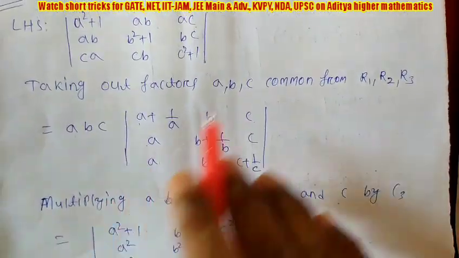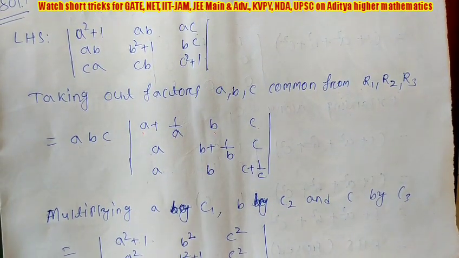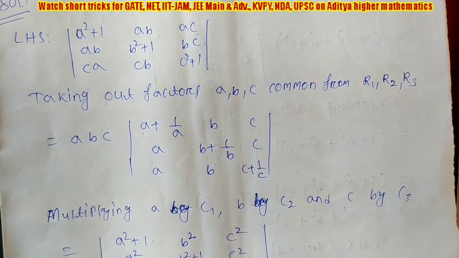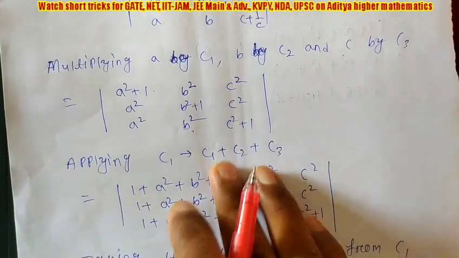So the first two steps are very important in this question. We are taking common row wise, and after common what we are getting, the same elements we are multiplying column wise. So you have to remember this step. After that, nothing difficult. First step, you are taking common row wise, and after common what is coming, you are multiplying column wise.